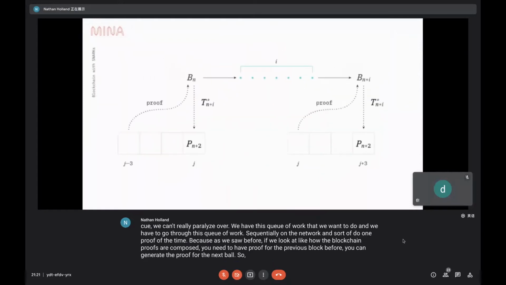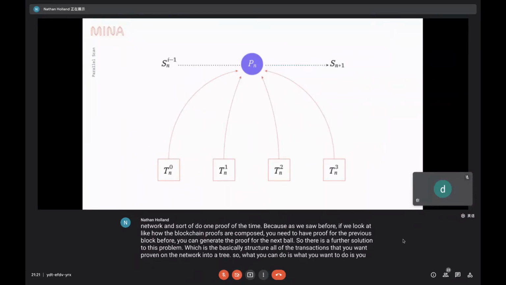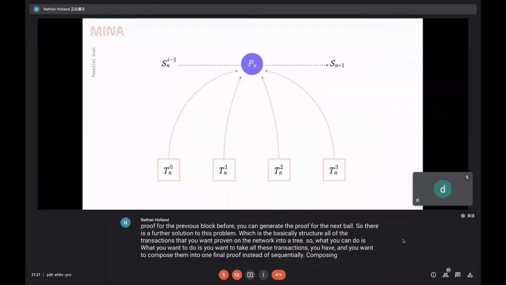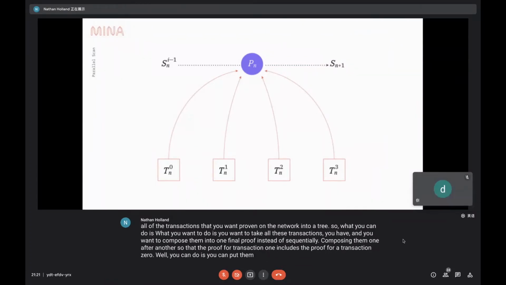So there is a further solution to this problem, which is to basically structure all of the transactions that you want proven on the network into a tree. So what you want to do is take all of these transactions you have and compose them into one final proof, instead of sequentially composing them one after another so that the proof for transaction 1 includes the proof for transaction 0. What you can do is put them in a tree, and have the network prove all the transactions